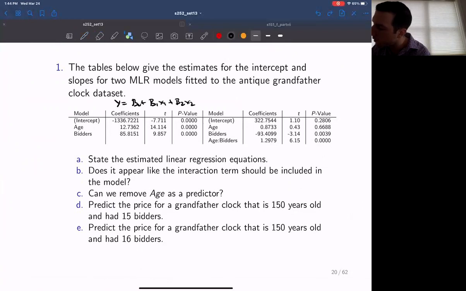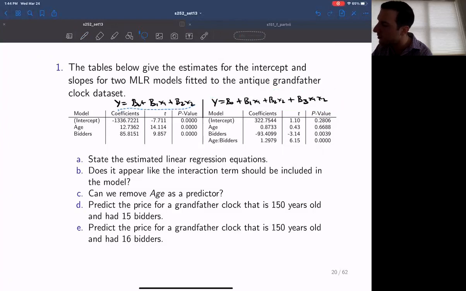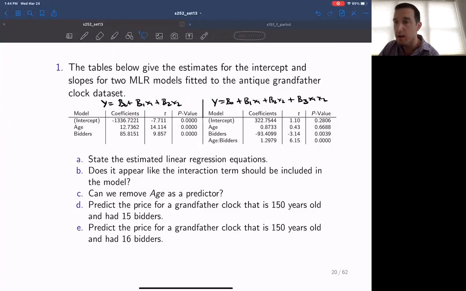All right, now it's surprising because you can see here that at least in terms of assessing the individual explanatory values, it actually looks like price and bidders is significant based